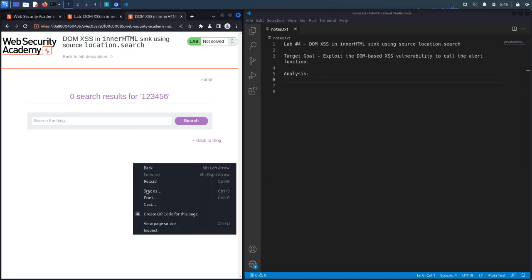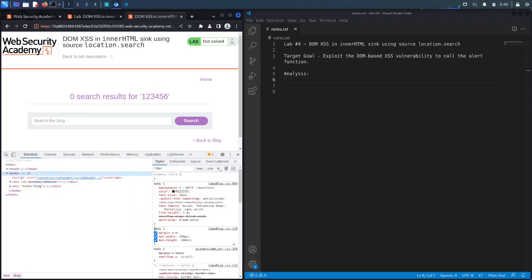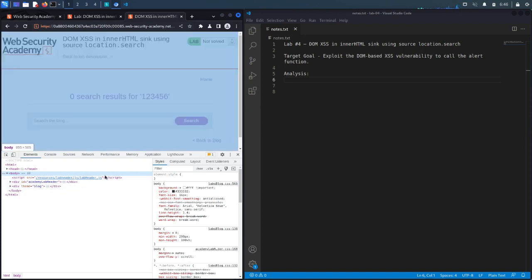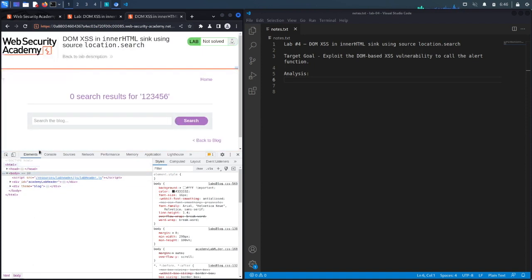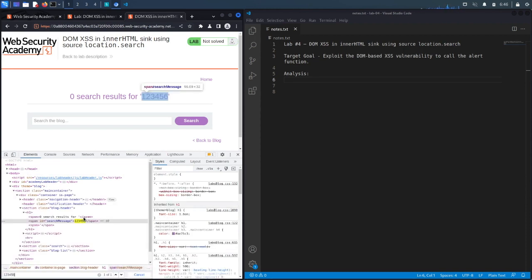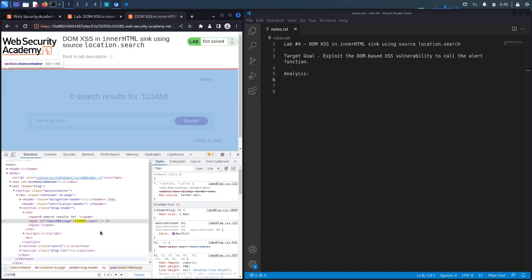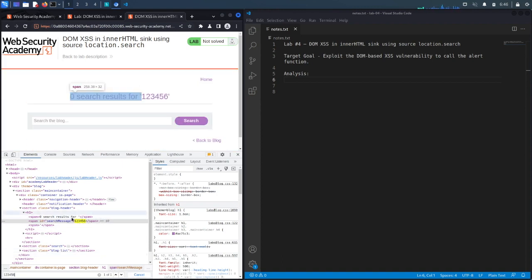So we're going to right click and inspect to see if there's any other locations in the application where it's reflected. So under the Elements tab over here, let's do Control F and then search for our string. Now notice over here, there's only one location in the application where it's reflected to us, which is the search message span element. Now what I'm going to do is I'm going to view the page source to see if